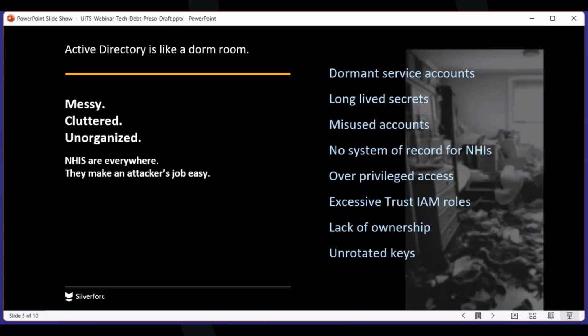And I've touched on the lack of ownership previously. This is a really difficult one to manage within Active Directory. It's problematic because as soon as you need to take action on anything that's not a human account, it's really difficult to figure out who that owner is and keep it and maintain it as an updated state. People move roles, they change jobs, they leave the company. And rarely do they go in and say, oh yeah, I'm the owner of 50 service accounts, so make sure that you go in and change my ownership there before I move on to my new cushy job.